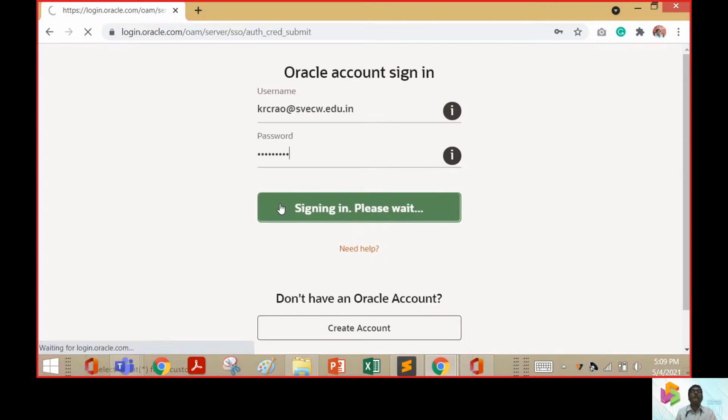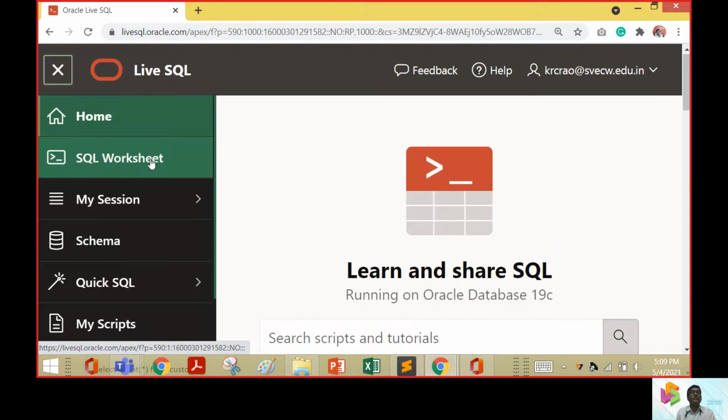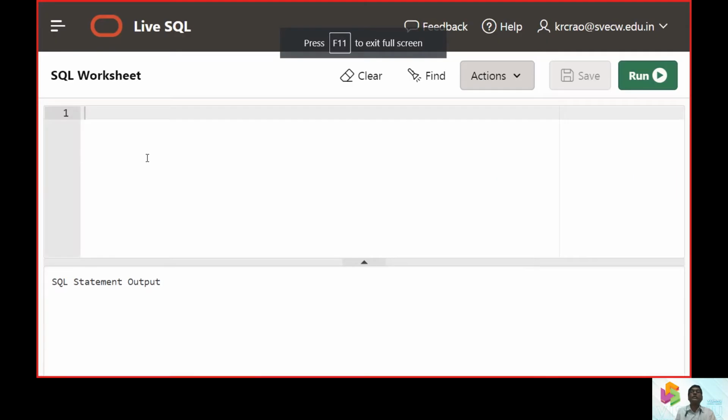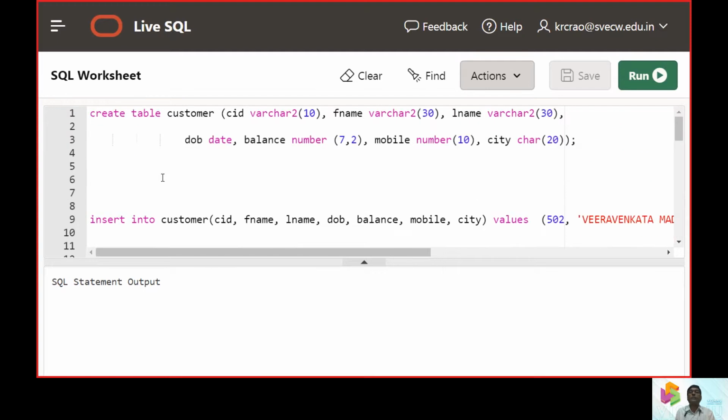Once we log in or sign in to the Oracle account, we will be shown a tab with the SQL worksheet. So we can directly work on the SQL worksheet here. Now we will use these commands here.